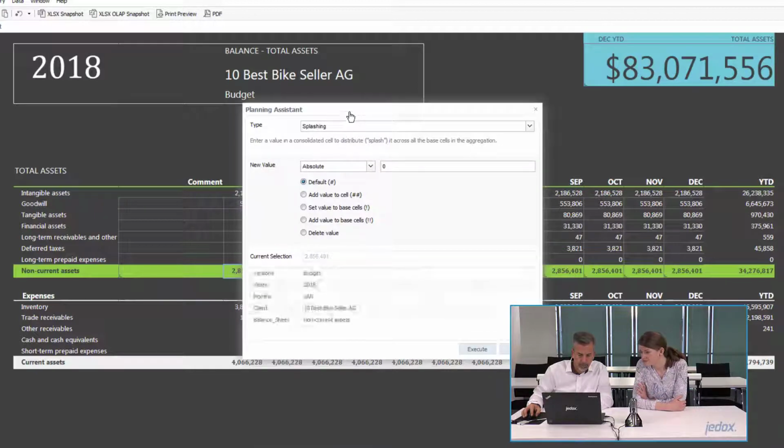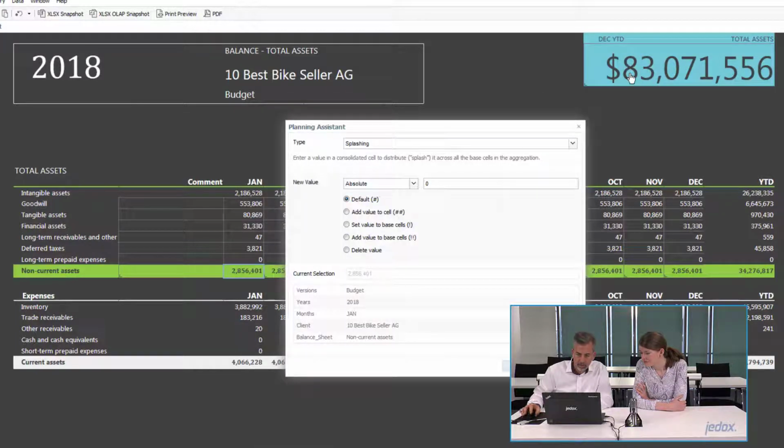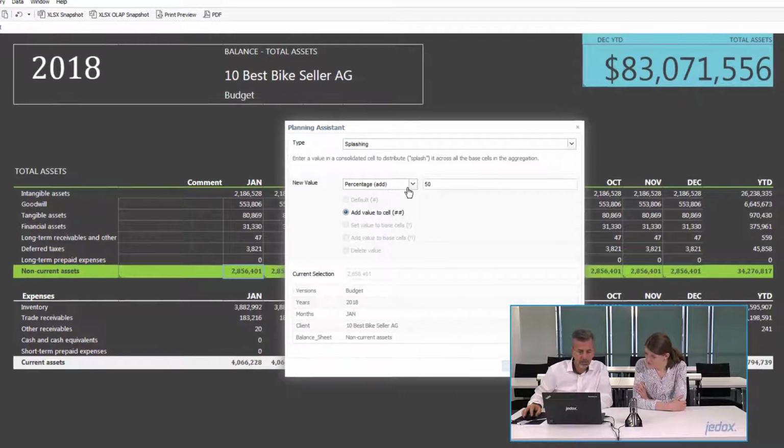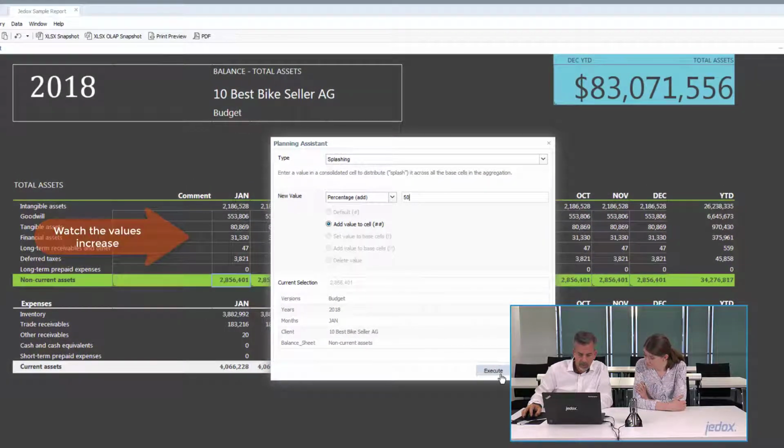It's the same as we did on the top level cell here, but this time I want to do a default splashing, and I want to add a specific amount. Actually, I would like to increase the current stored value by 50%. So when I execute, you see,